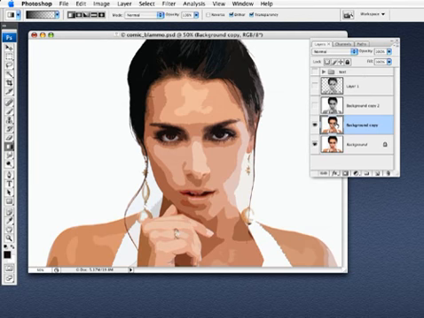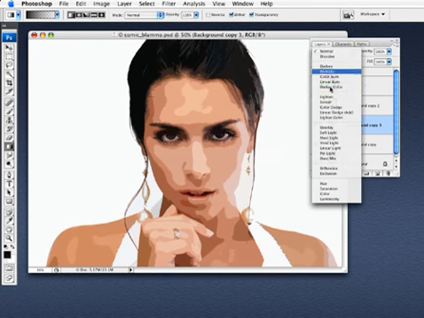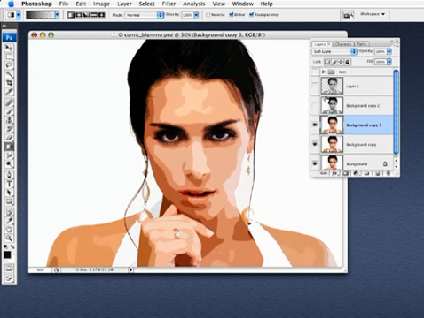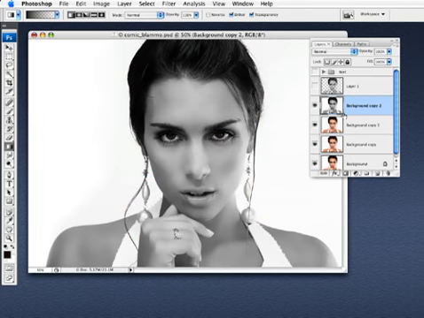We'll just hit OK. Then I'm going to duplicate that layer and change its blending mode to soft light, which is right there. And that will get those colors a little bit more saturated, giving us a much deeper color there. Now let's activate that grayscale layer that we removed the color information on,